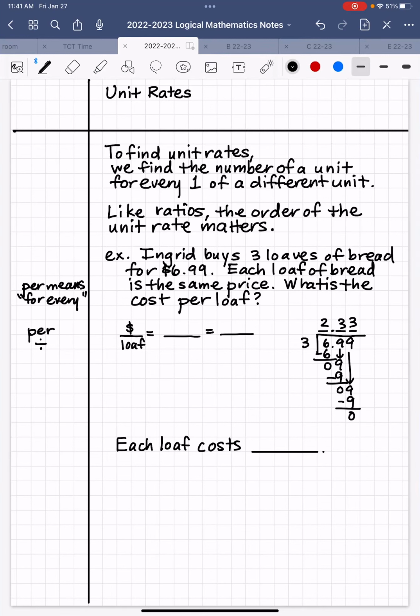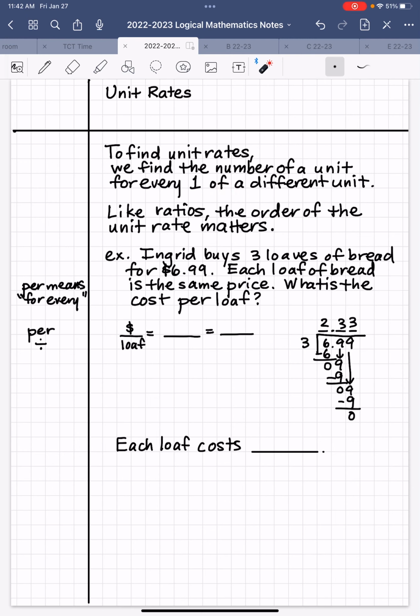In this video, we are going to learn about unit rates. When you look at the word unit, you see uni, and that is the prefix that means one. So I hope that you keep that in mind whenever you see unit rates. To find unit rates, we find the number of a unit, so any kind of unit, for every one of